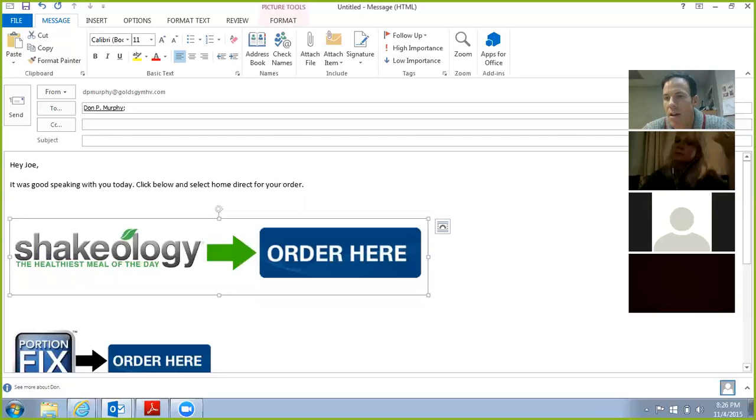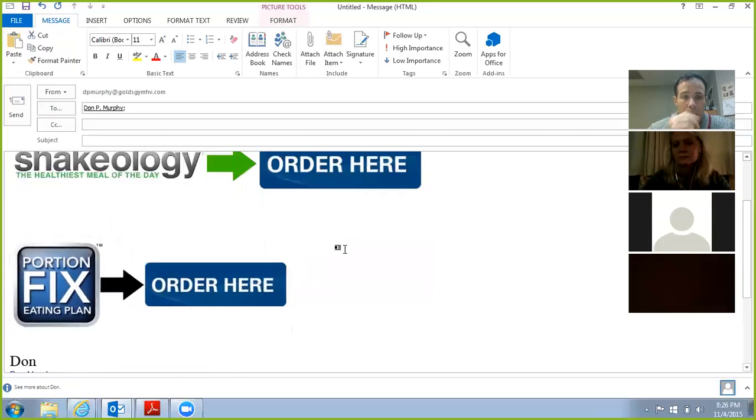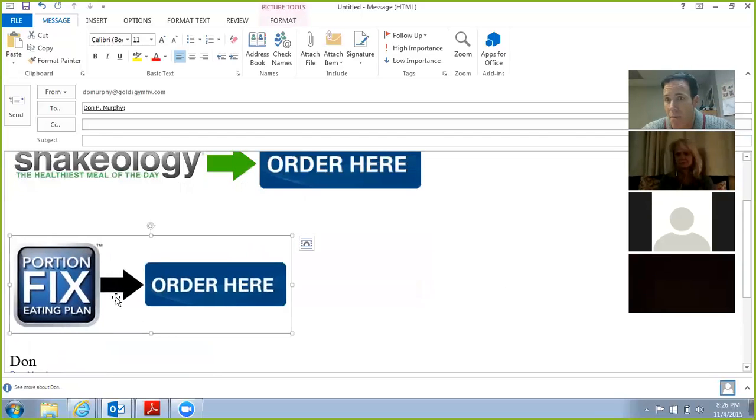Let's take another product that's not quite so easy. Portion Fix. That's the portion container nutrition system that is actually part of the 21-day fix, but Portion Fix is just the nutrition system alone without the exercise DVDs. This is something I'm very fond of and use quite often to get people eating properly. So I can embed my product code into that image as well,